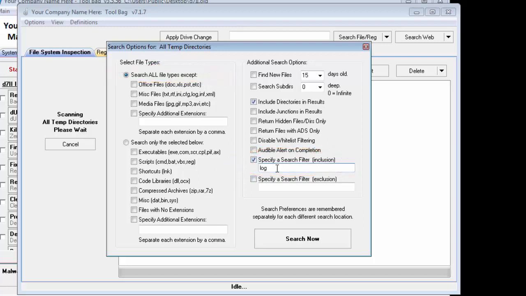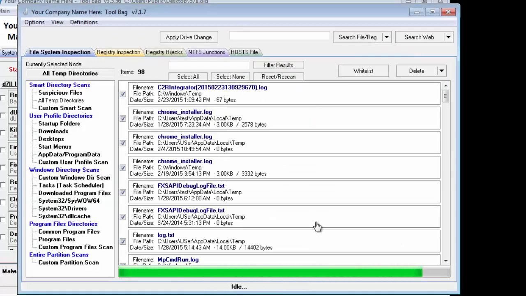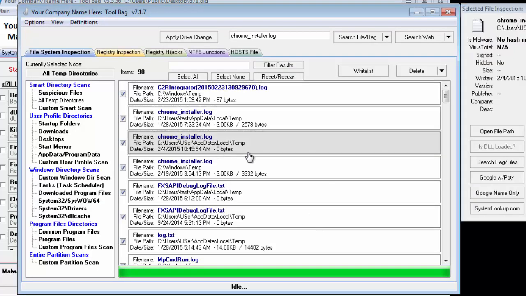And what that's going to do is search in all file types, and it's going to find every file with the word log in either the file name or the extension. And with this option checked, it will also find the directories. So we can go ahead and do the search, and you'll see it pulls up, in fact, what I was just talking about, a Chrome installer log,